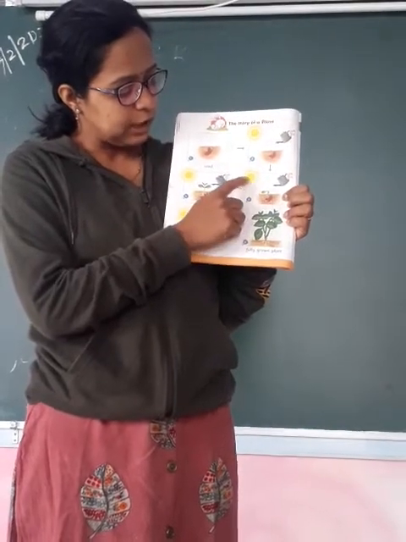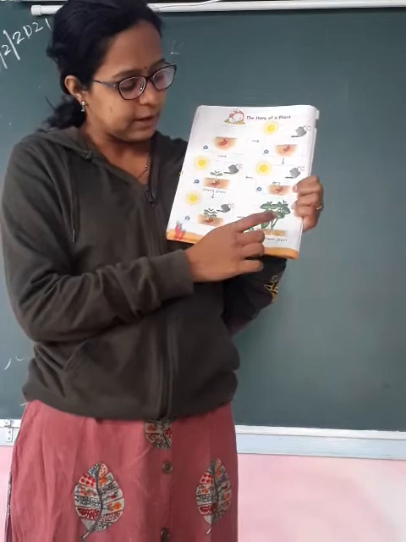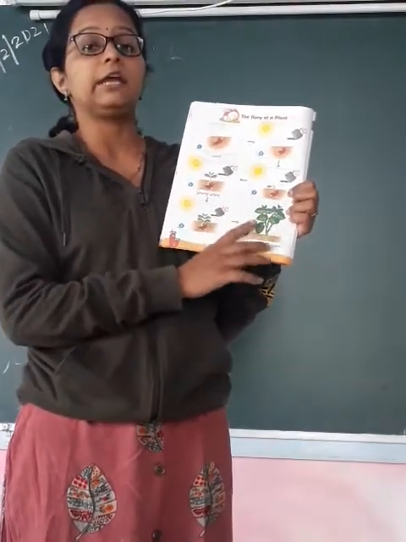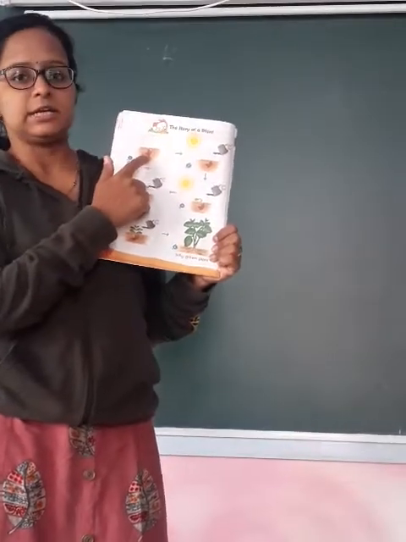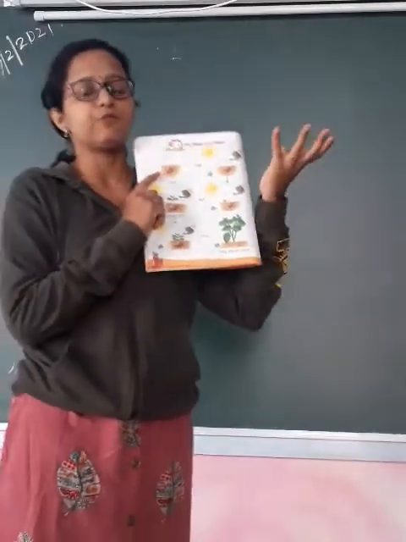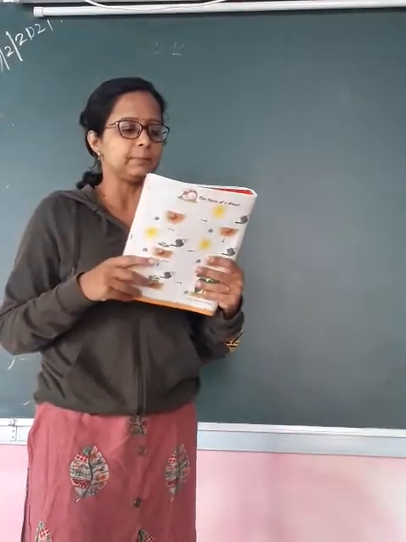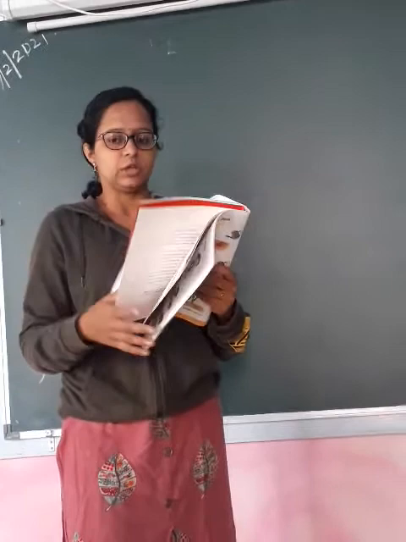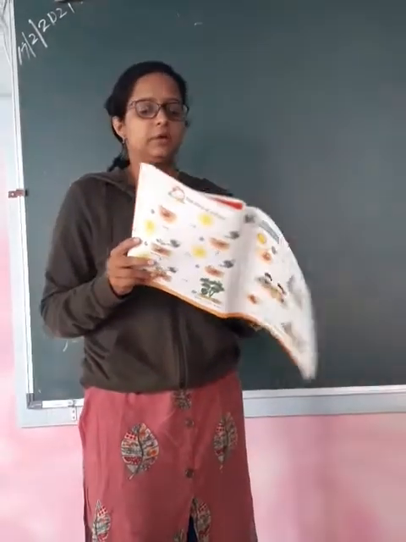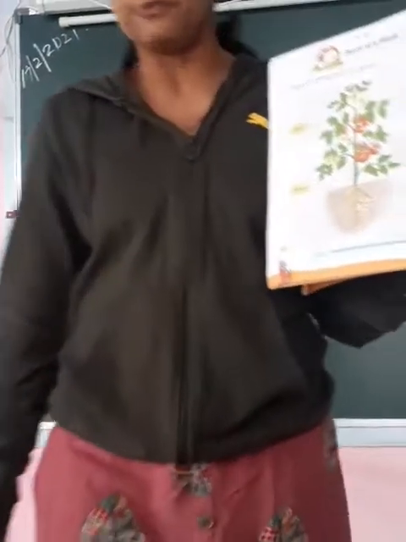Then because of sunlight and water, the plant starts to grow. Then it gives full green leaves. After that, whatever seed you have sowed, that fruit or vegetable comes out on the plant. Okay, that fruit or vegetable comes out on the plant. Now here, life of a plant. There are some parts of a plant.